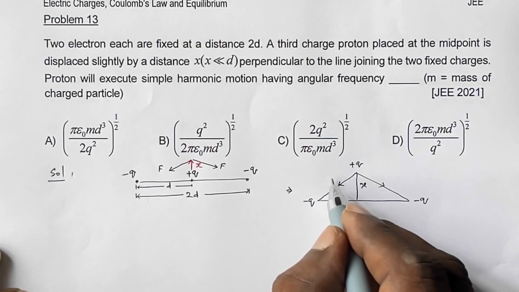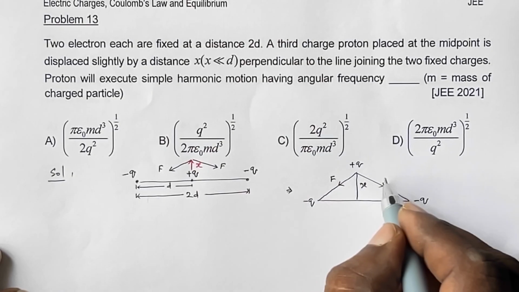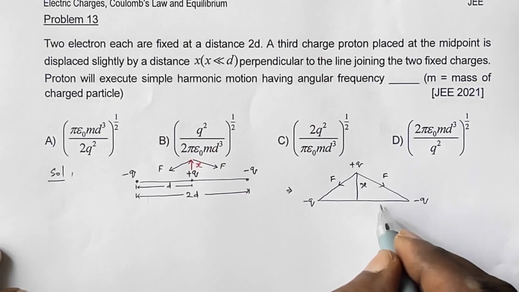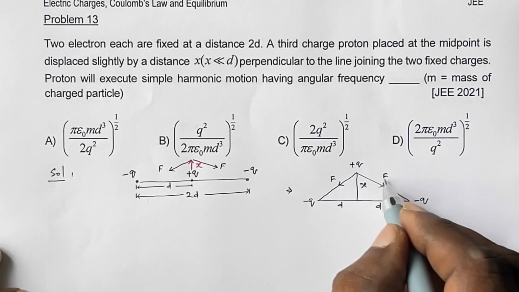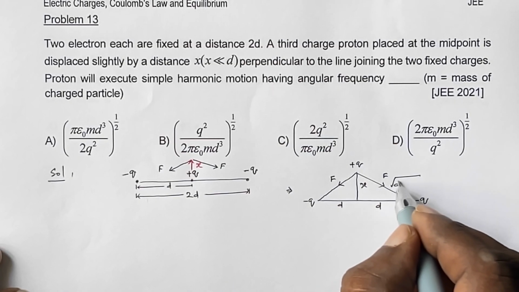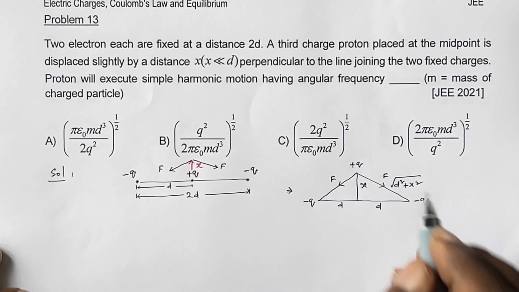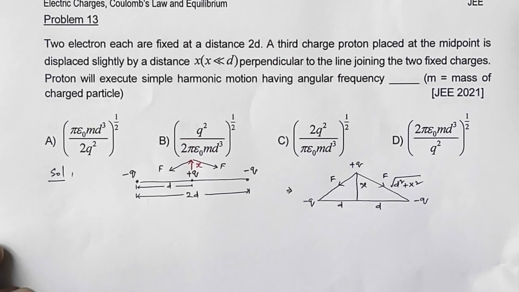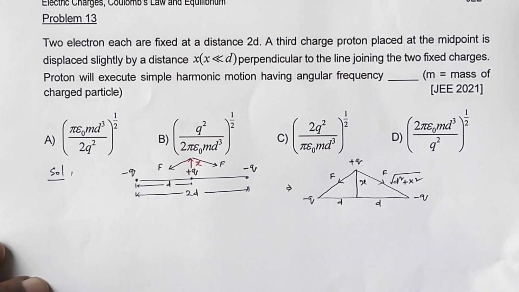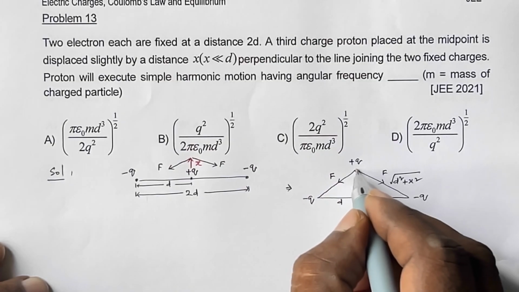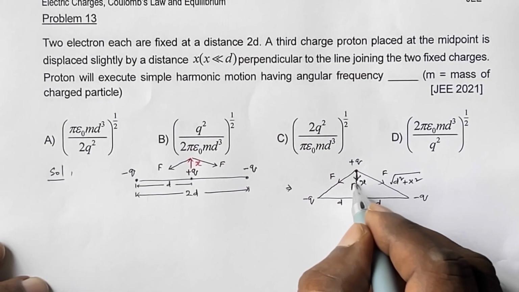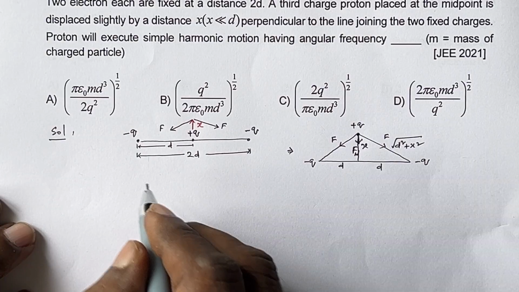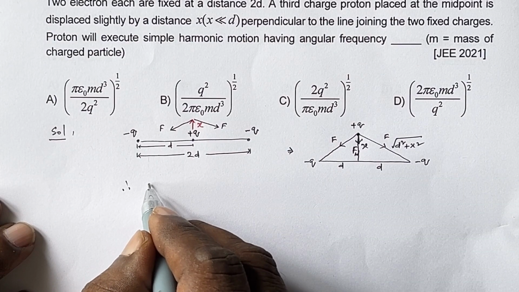So these forces are equal, and the distance is d here. So this distance is root of d square plus x square. Now these two forces are acting on this proton, so it will come back to this. This is the direction of net force. Therefore, the net force